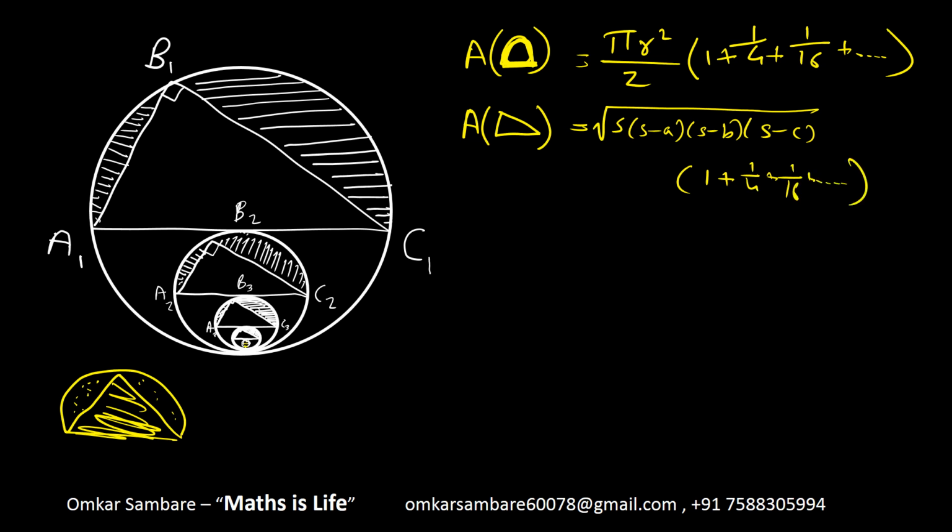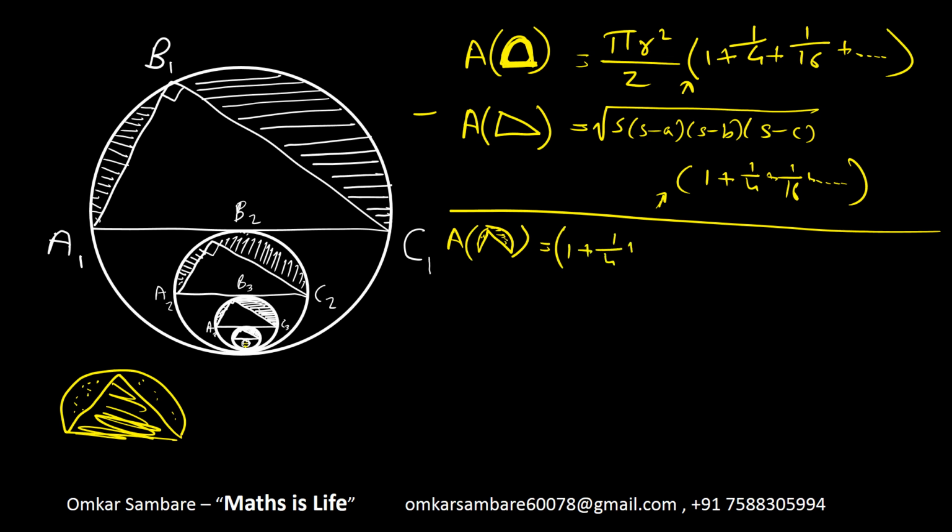Again, we have to subtract the semicircle's area minus the triangle's area. So when we subtract this, we can take this bracket part, that is the GP part, geometric progression part, as common. So the area of the required region, which is shaded everywhere, will be 1 plus 1 by 4 plus 1 by 16 and so on, into pi r square upon 2